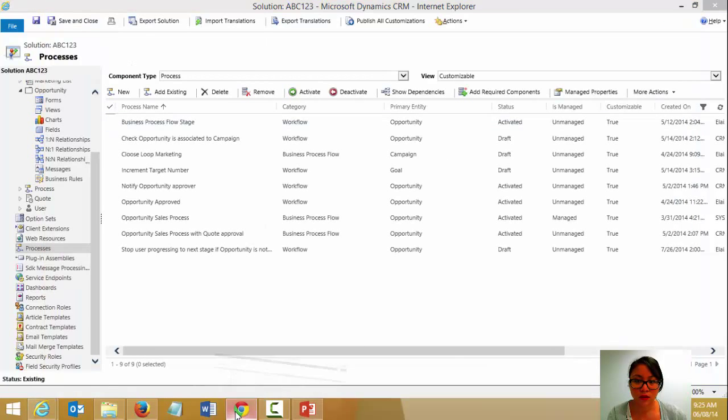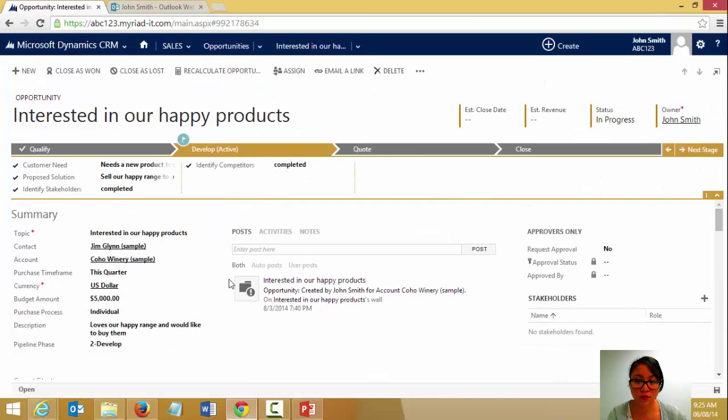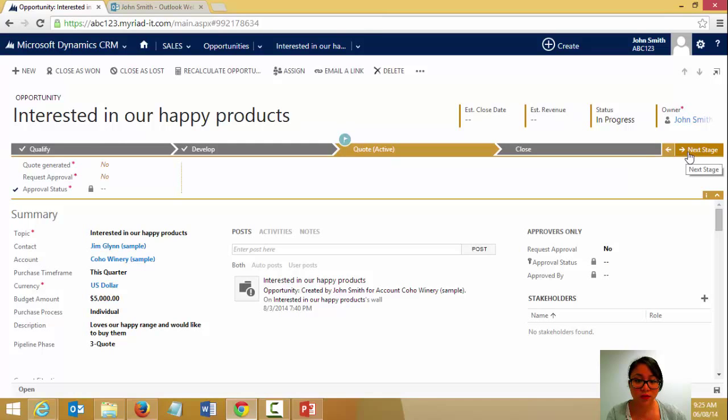Okay, so I'm logged in as John Smith. Currently, I am in the develop stage of the business process flow. When I click next stage, it's going to move me on to the quote stage. So remember earlier how I made these fields required, and if I had not made them required, then I'd be able to move on. But because I have made them required,